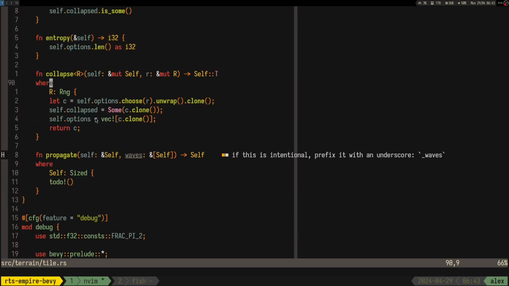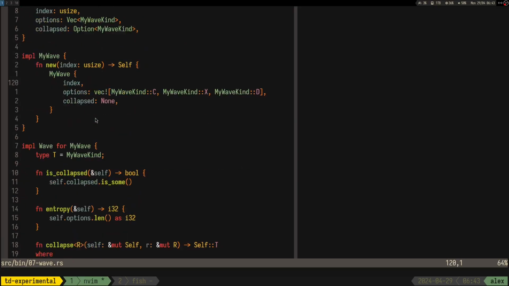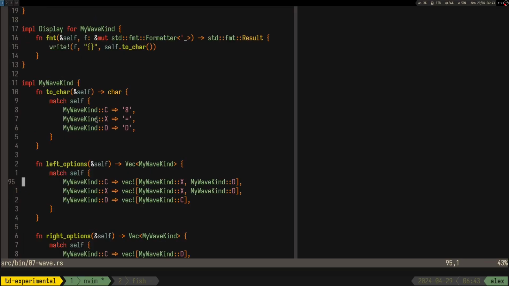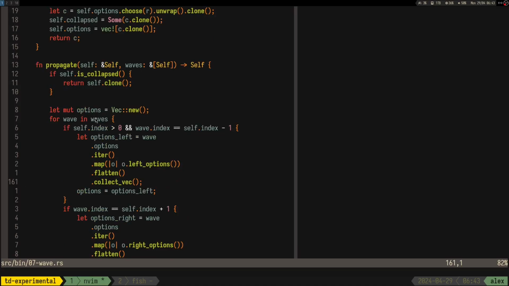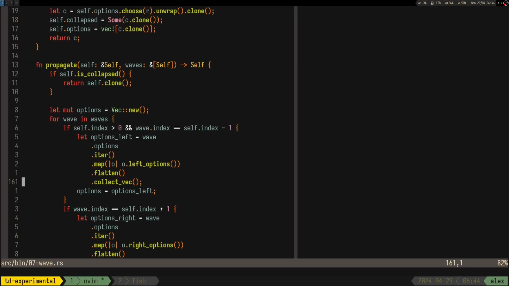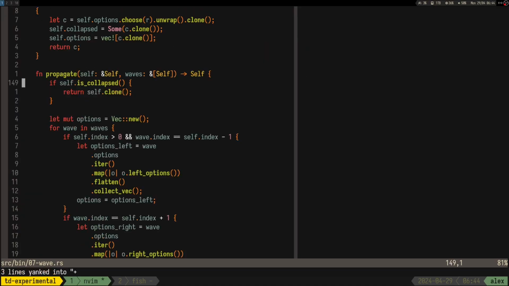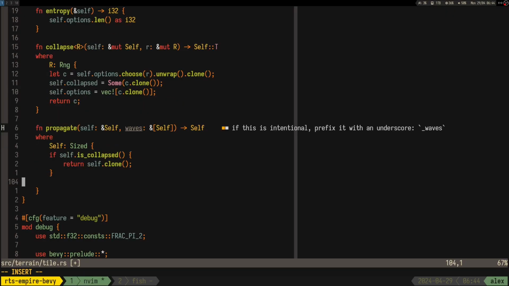Anyway, now we need to implement the hardest thing, which is actually propagate. But as I said, let's do it randomly at first, like completely random. So let's say we don't have any rules. What does that mean then? If we try to propagate and we are collapsed, then we just return a clone